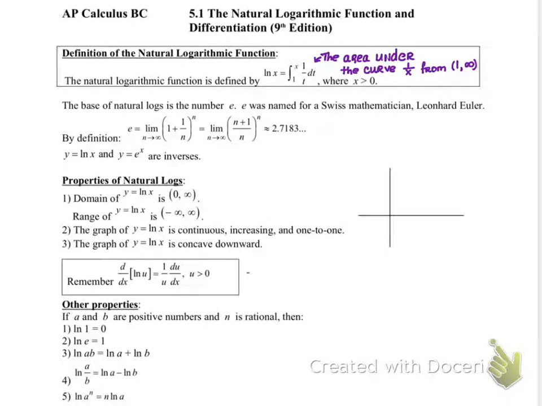So Leonhard Euler discovered that there is this number that occurs when you take the limit as n approaches infinity of (1 plus 1 over n) to the nth, which can be rewritten as shown. And that is 2.7183 and so on. Okay, so e is this limit, and the inverse,